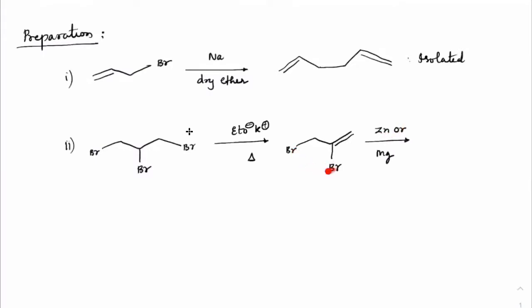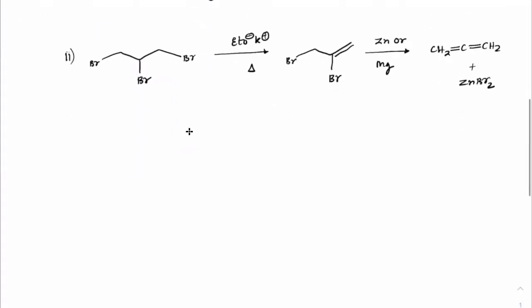When we have vicinal dihalides in the presence of zinc, what would happen? They undergo elimination. We can remove that and we get a product as CH2 double bond C double bond CH2 plus ZnBr2. This is what you'll see. So that's how alkenes can be made. The other way alkenes can be made